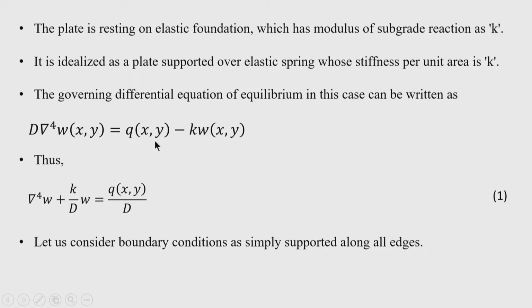So, the right hand side of the equation is now modified. If you see the ordinary plate equation where no elastic foundation is there, then K can be put to 0. Then the equation of the plate becomes D del 4 W equal to Q, where del 4 W after expansion we can write as del 4 W by del x 4 plus 2 del 4 W by del x square del y square plus del 4 W by del y to the power 4.